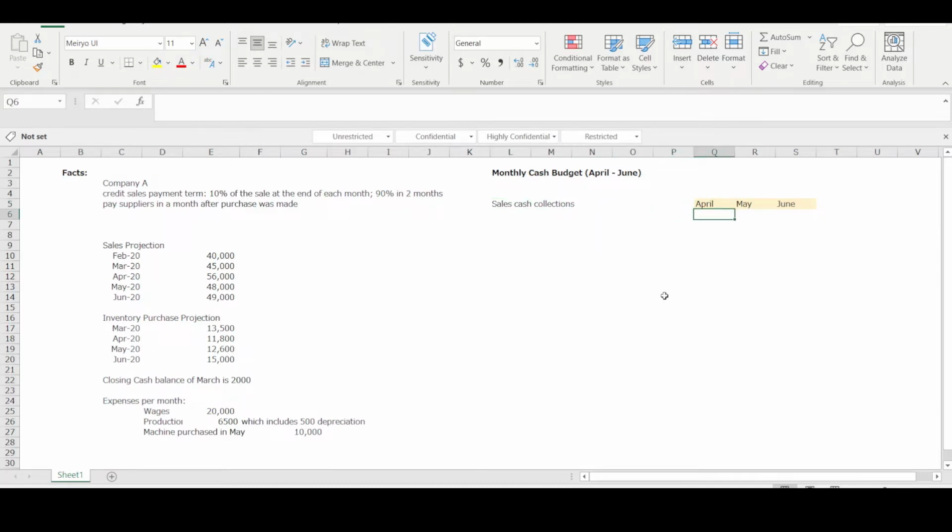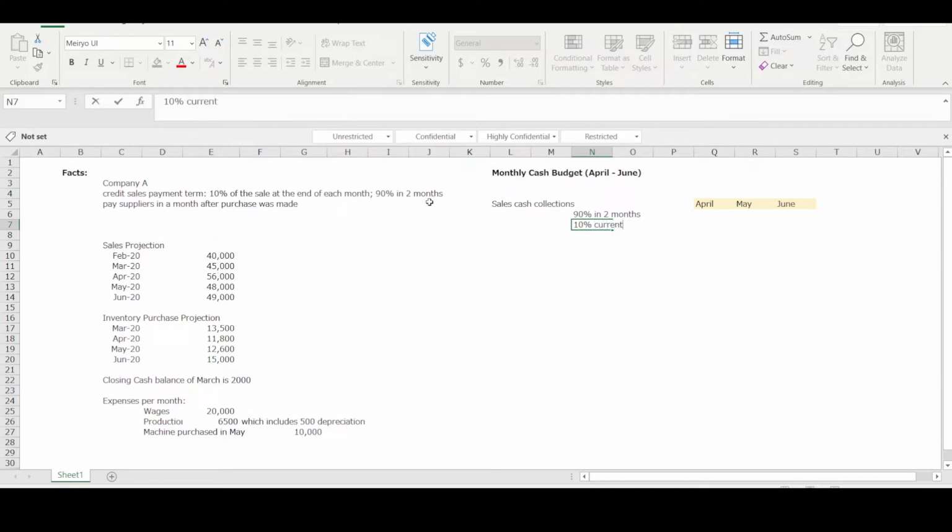So let's say in April, how much money they're going to get. I think there are 2 parts, right? So the first part is 90%, because they're going to get 90% in 2 months, right? So 90% in 2 months, and then 10%